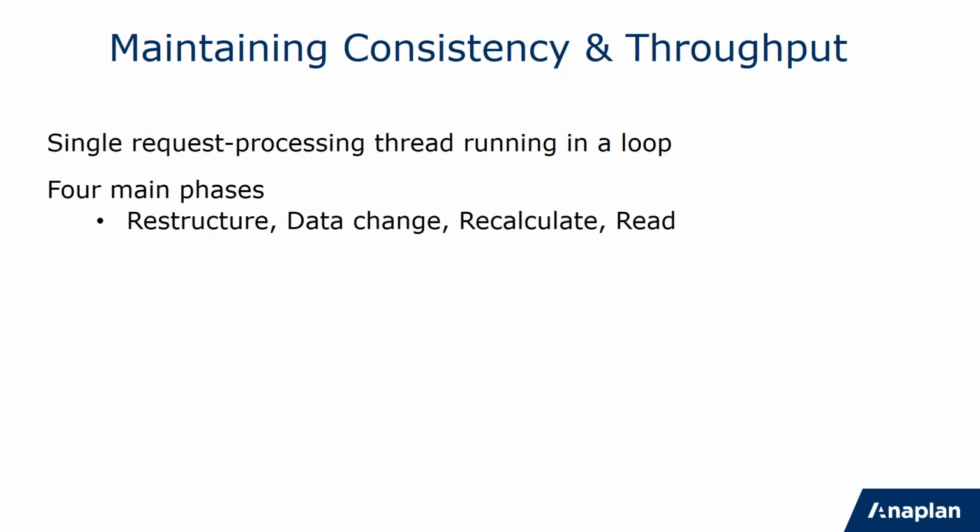If there's any restructure work to do, so for instance, if an admin has been in there and has changed the applies to on something, or if a list has increased in size, or you've added another version or whatever, then that restructuring needs to take place before anything else. And part of it, if you've changed a formula, for instance, it needs to recalculate that directed acyclic graph. So when that restructure has happened, then we can go in and we can do data change.